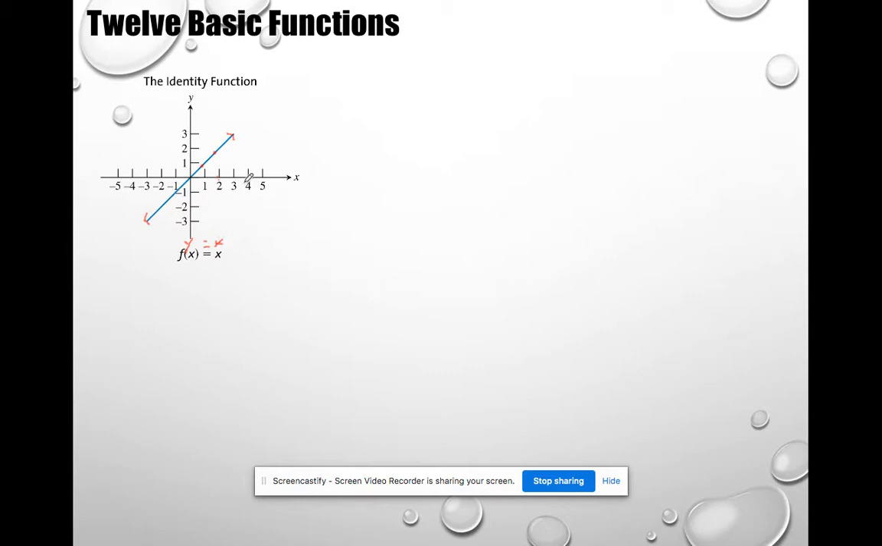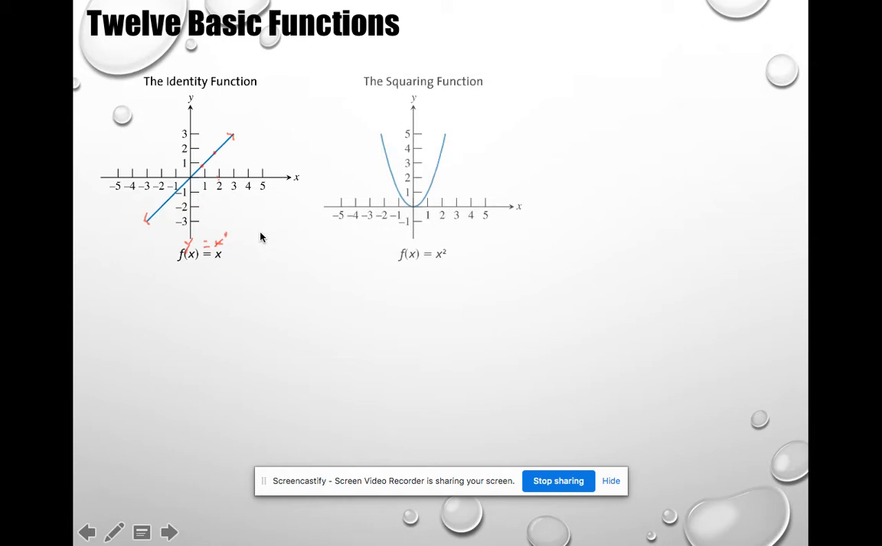Now I can manipulate that function. I can move it up, down, right, left, flip it, make the dilation factor negative, all that kind of stuff. Stretch it, make it less steep and more steep. But this is the basic identity function, and it is a polynomial, x to the first. And then, of course, we have the squaring function, y equals x squared,